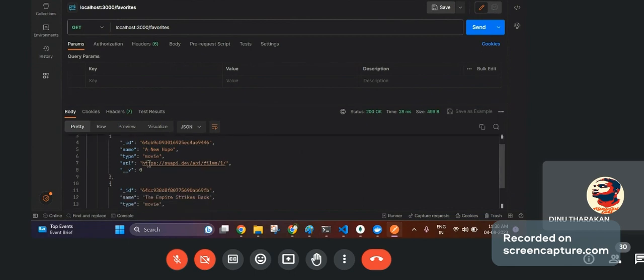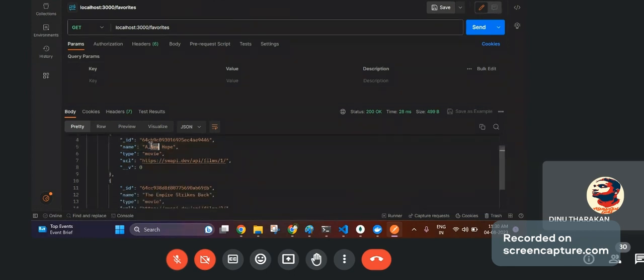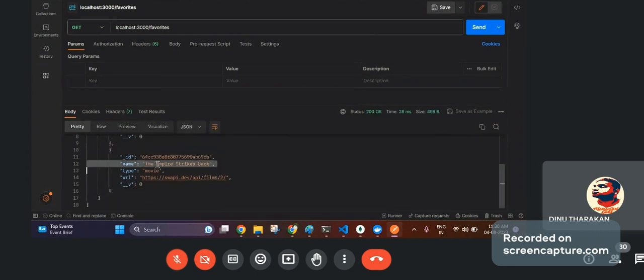So you can see there are two movie details, A New Hope, which I added yesterday when I was testing it, and The Empire Strikes Back. So these two movies are located inside my MongoDB. So data is saved in our MongoDB.